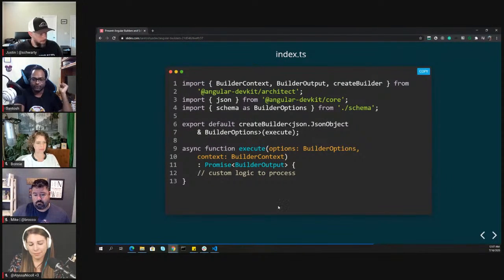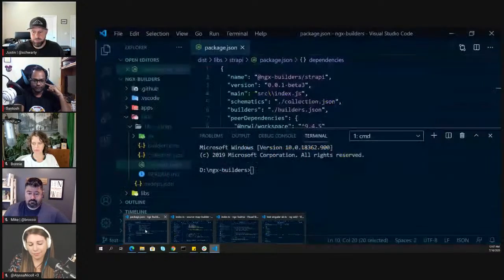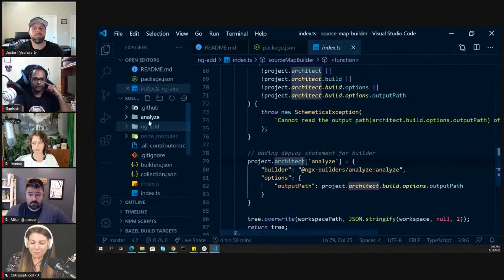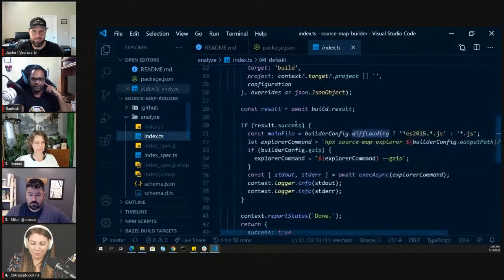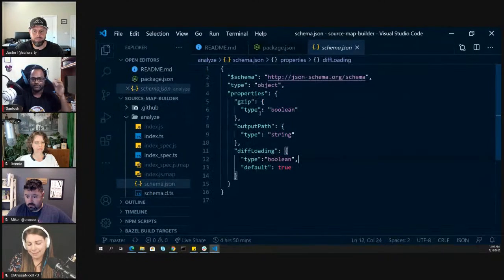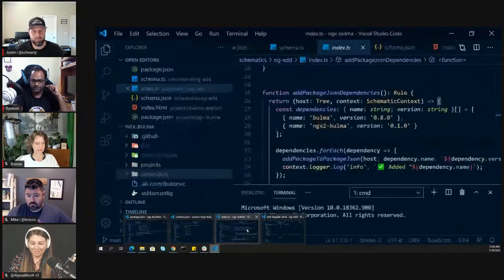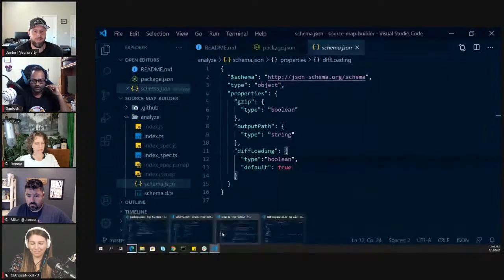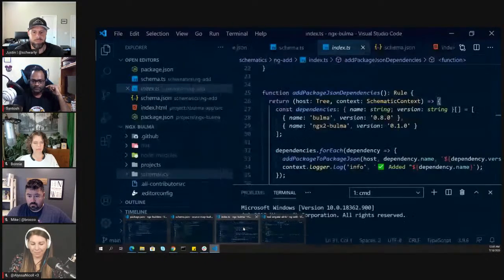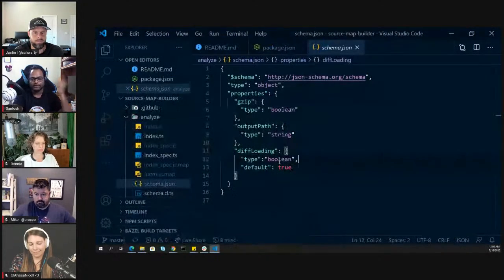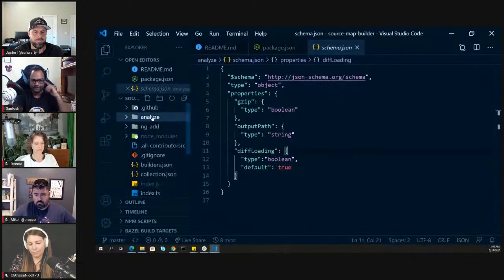For example, in my own custom schematics, I'll show you one which I wrote for Netlify, where we needed to deploy on Netlify, right? So once you run this command, I added multiple... No, not this one. Where is that clip? Okay, source map, and this is no. Nginx builders. Okay, I don't have that file, but I can show you another builder which I wrote